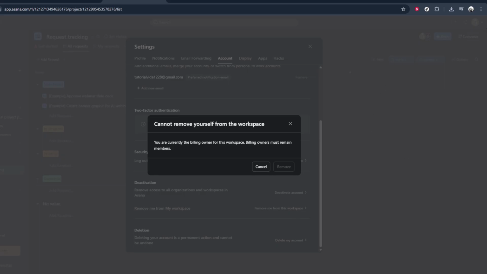After you've confirmed, Asana will process the change and remove you from that workspace. You should no longer see it listed among your available workspaces, and you won't receive notifications from it anymore. That's all there is to it. You've successfully left an Asana workspace and cleaned up your